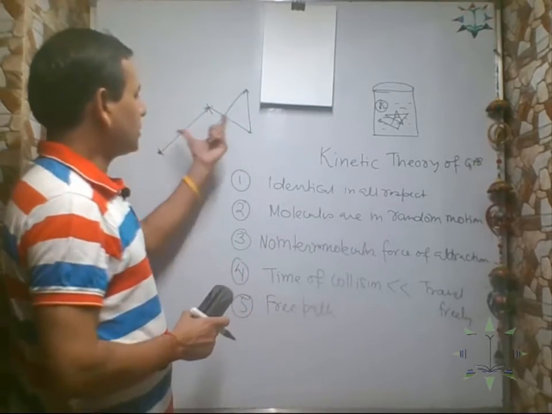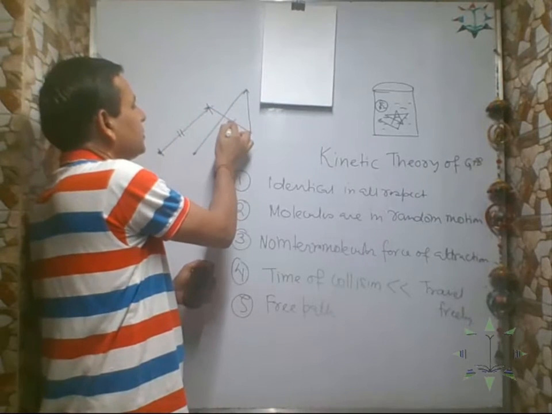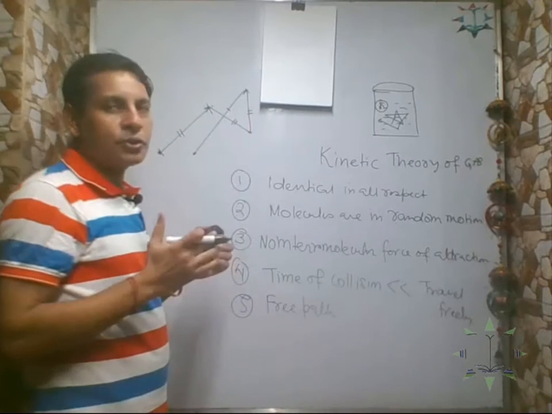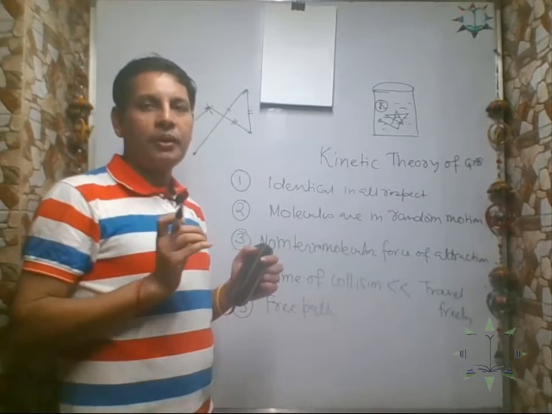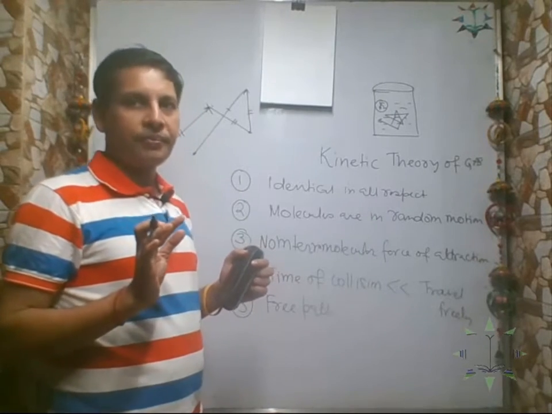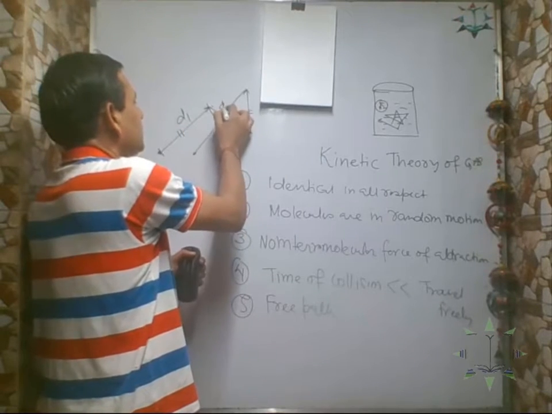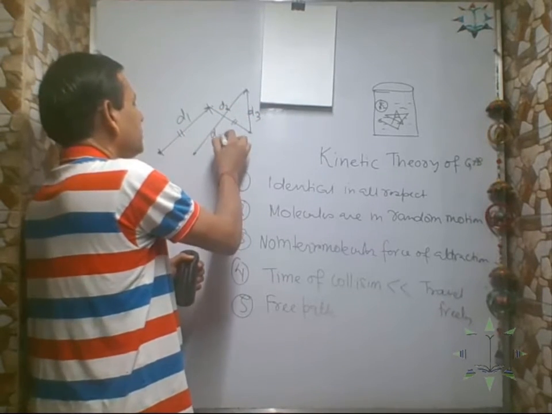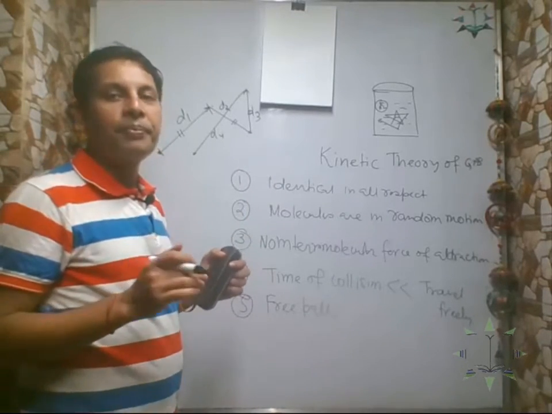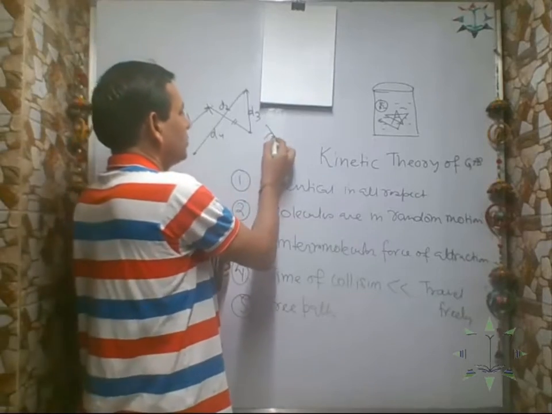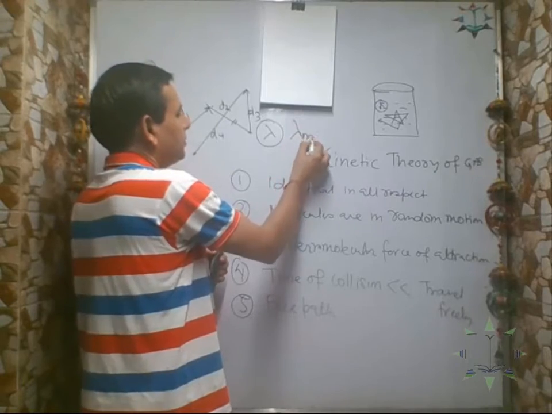Now, free paths are not the same for a particular molecule. See, if you look at this distance, this distance, some are short, some are long. All the free paths are not the same. For a particular molecule, the free paths are different. But if we take the average of the free paths, suppose these are D1, D2, D3, D4, and you take all the distances and divide by the number of paths, then you will get the mean free path, correct? So free path can be represented by lambda, and mean free path by lambda m.